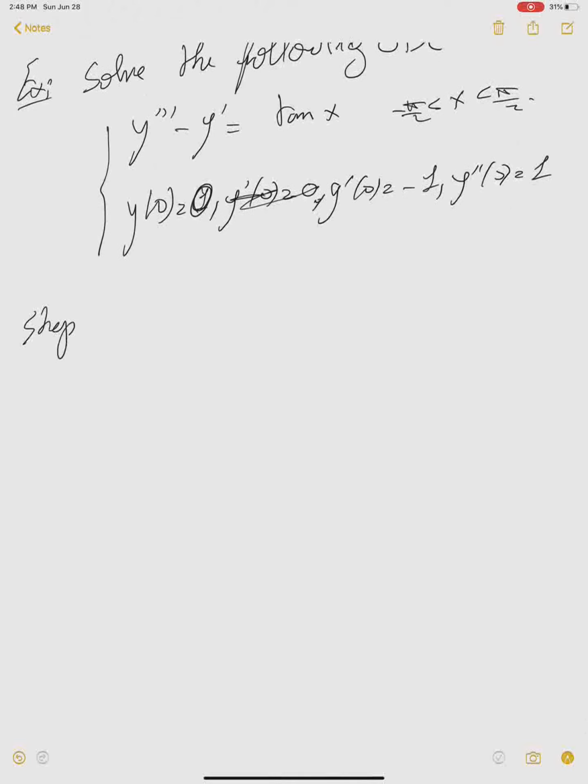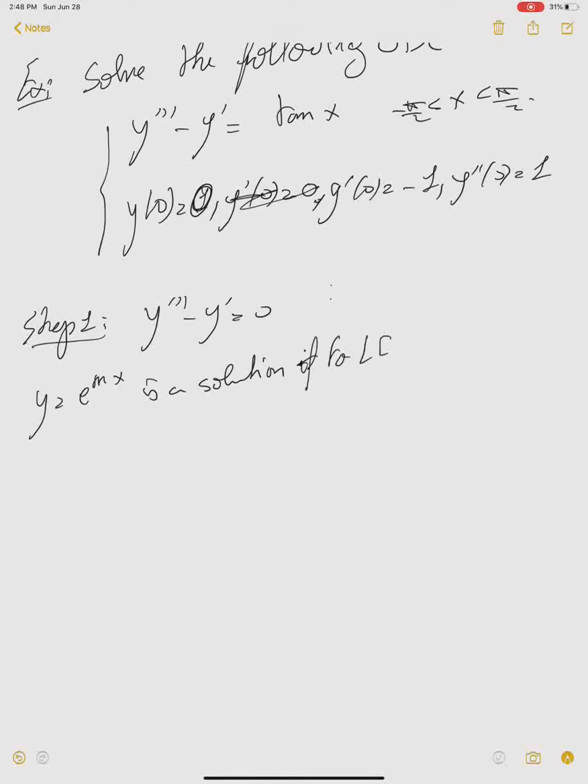So step 1, I solve y triple prime minus y prime equal to 0. Now this is linear homogeneous with constant coefficients. So y equal e to the mx is a solution if and only if L of y equals 0. What is L of y here? Just so that I'm precise: y triple prime minus y prime, if and only if m